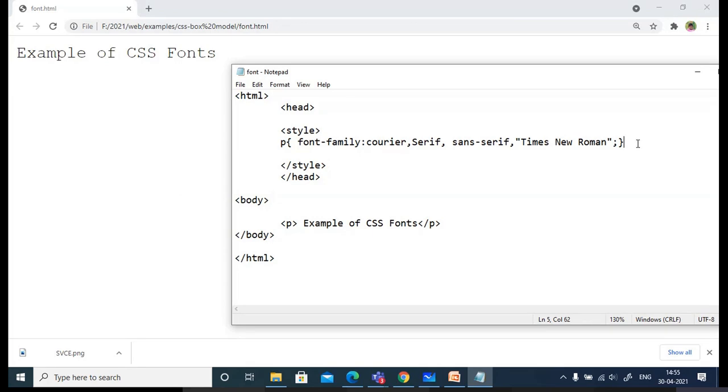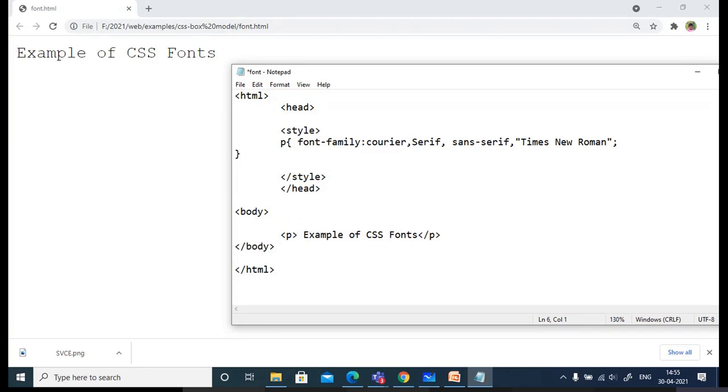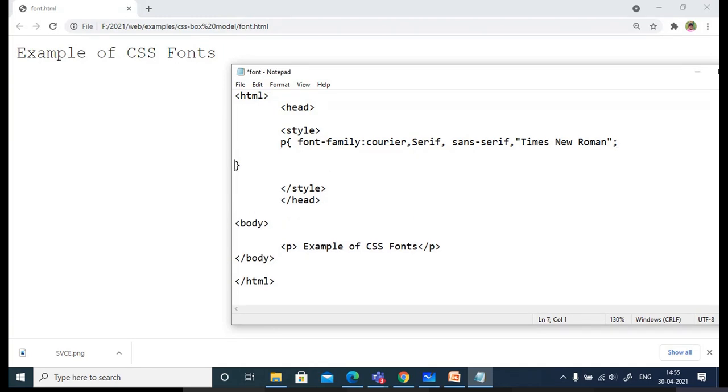Next we'll add the same thing for font style. I will show you some examples, and the remaining you try by yourself.